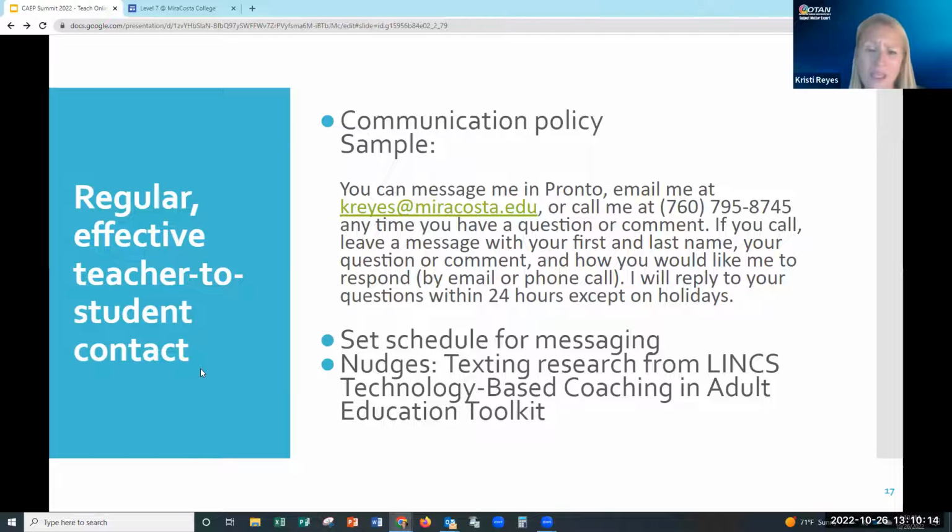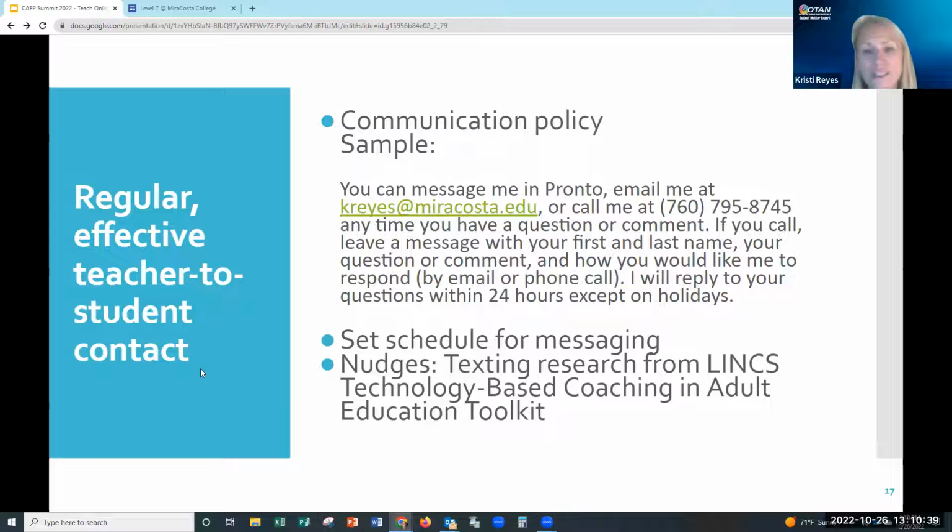At our college we have an instant messaging app that is also available in Canvas called Pronto. You could use Remind or Google Voice, and we'll talk about texting in just a moment, but I tell students that they can message me in Pronto, email me, or call me anytime they have a question or comment.